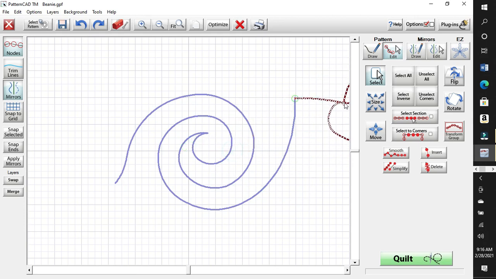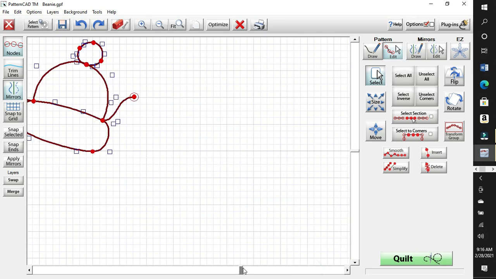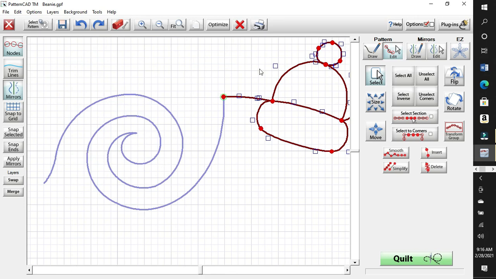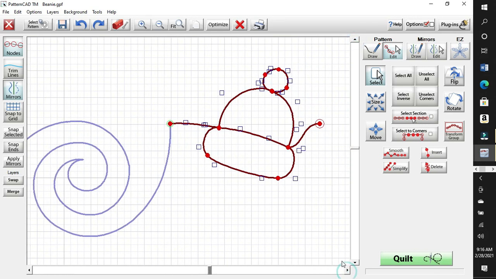Oops. Sorry, I lost us for a second here. Now, it doesn't look like the two of these are in scale to me. I'm just moving that around so I can see what's going on. So I'd really like Beanie to be about the same size as this. I've already selected this entire